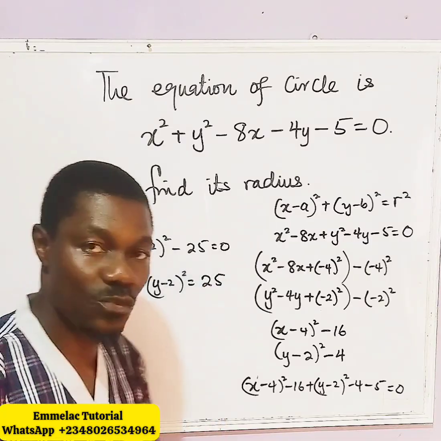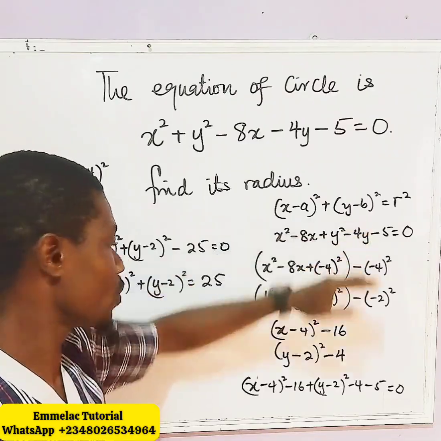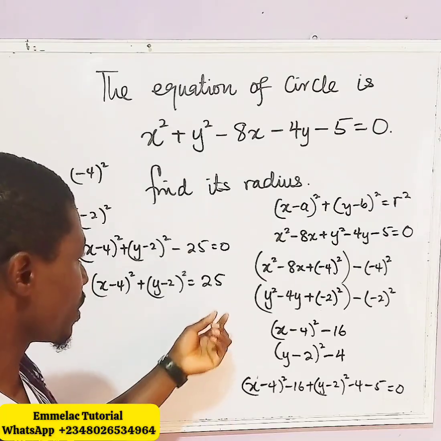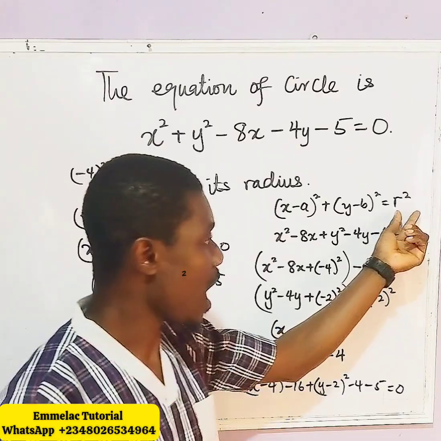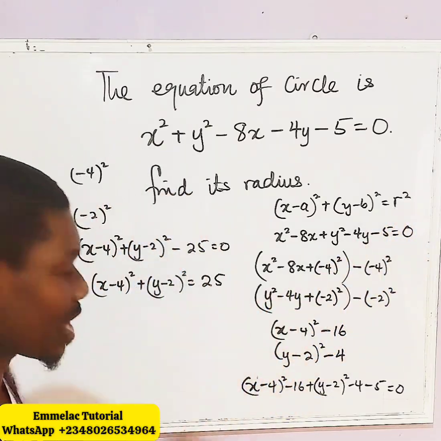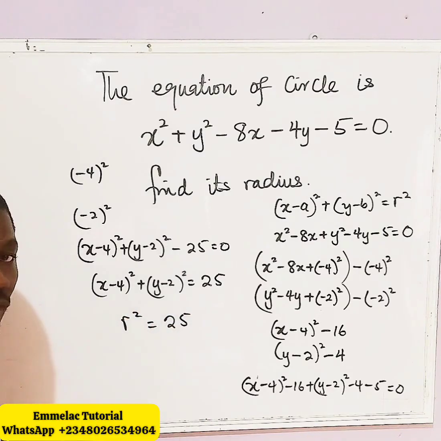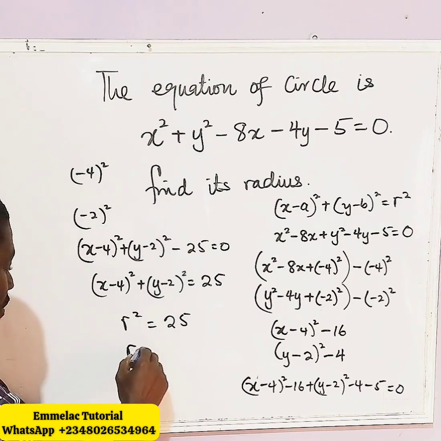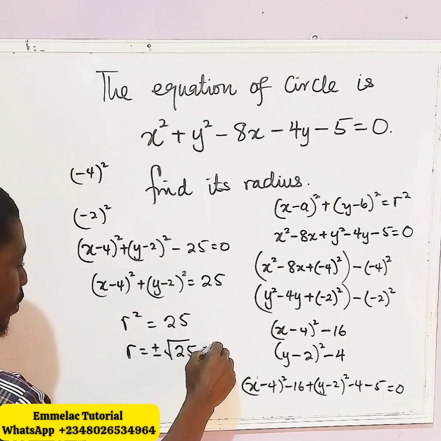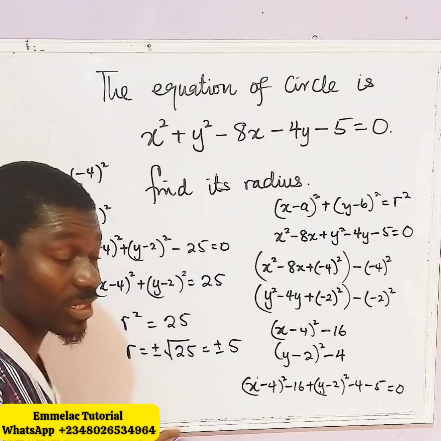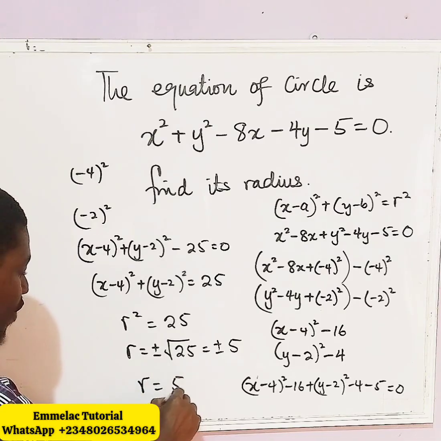Now if we reconcile it with the original equation of a circle, by comparison we can deduce that r squared is 25. So r squared equals 25. Taking the square root of both sides, we have that r will be plus or minus the square root of 25, giving us plus or minus 5. Now since radius cannot be negative, we say that r equals 5